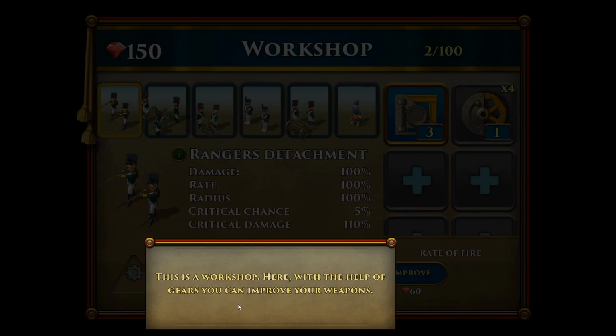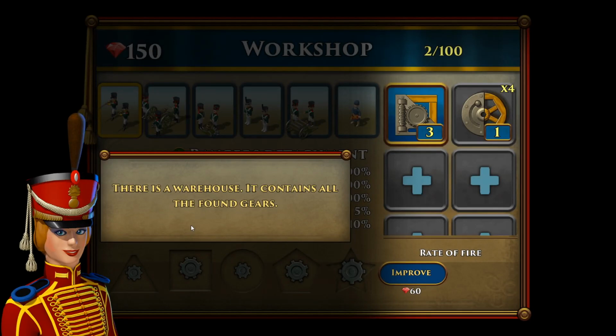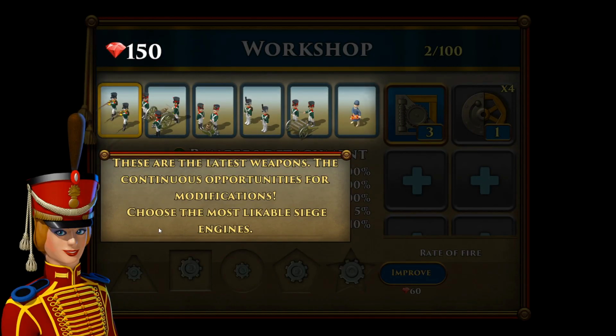They will make our weapon so much stronger. Follow me. This is a workshop, okay? There's a warehouse that contains all the found gears. These are the latest weapons, the continuous opportunities for modification. Choose the most likable siege engines. Okay, so...